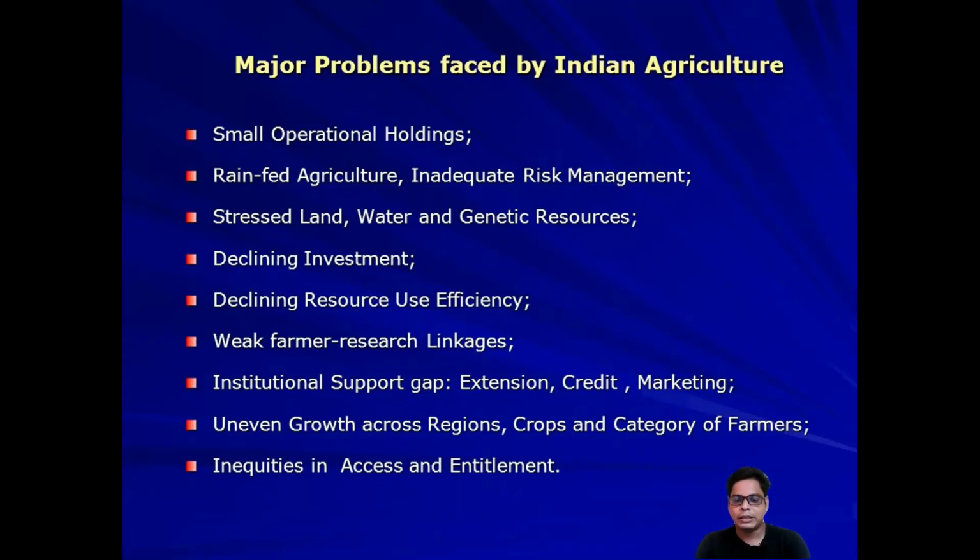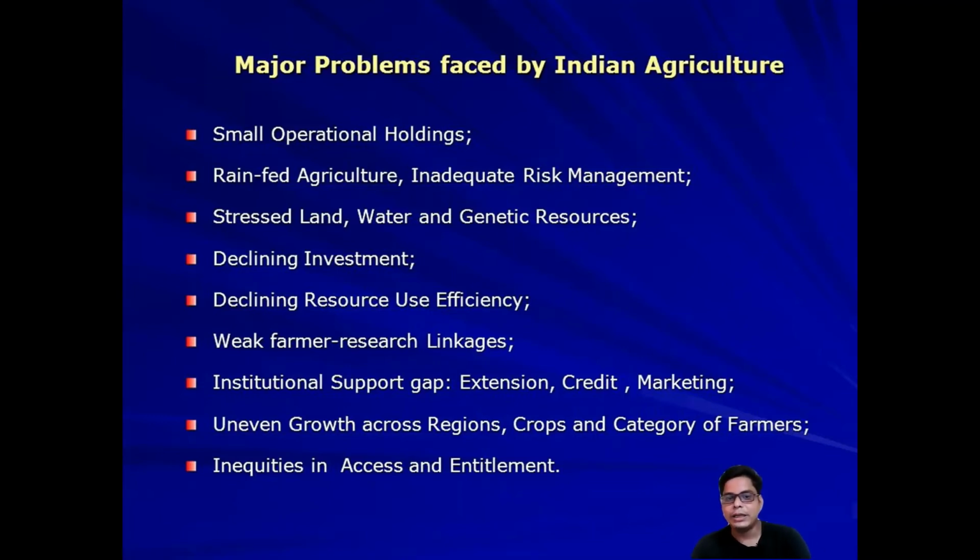Investment in agriculture was started during the British period, but nowadays you can see the Government of India and the very large farmers are not interested in investing a lot of money to get surplus production from their land. So that's the main thing: declining resource use efficiency. Whatever resources you have should be used in a sustained manner so that everyone can use them.